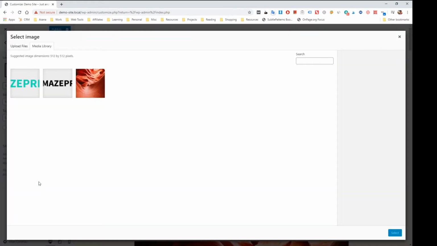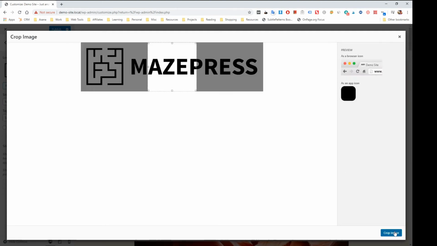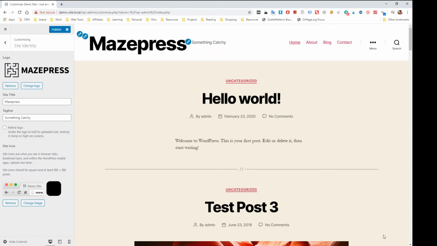and set the site icon. I'll choose this image again. I need a square, but I should be able to crop it to just use that part. Crop. And now you can see that maze icon is up in the Favicon location of the address bar up here. If we go back,